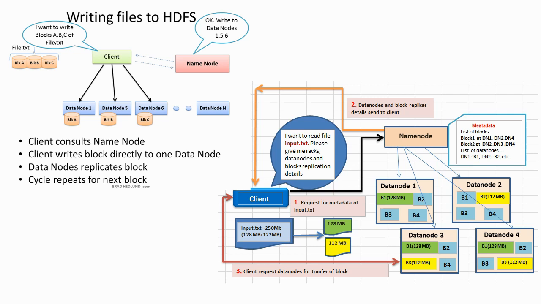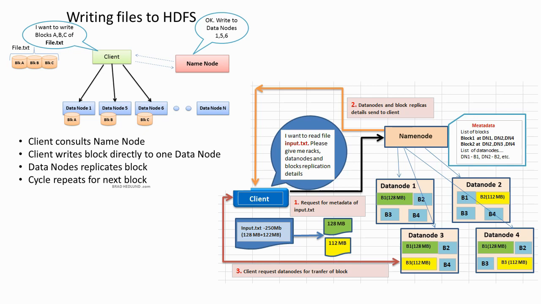Let's say each block is 256 MB or something like that. So the client first talks to the name node and says, I have so much data to store. And the name node then tells the client where that data can be stored, in other words, on which data nodes the blocks can be pushed to. And the client then directly sends those blocks to those data nodes. Okay, it's very simple, right? We will see that there are other complications later on, but that is the simple write operation.